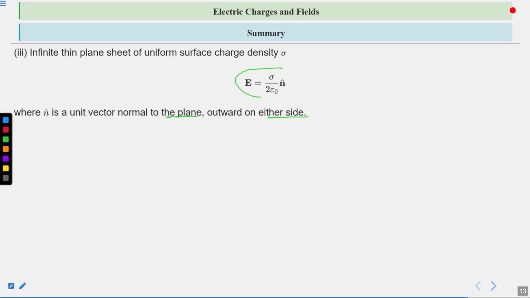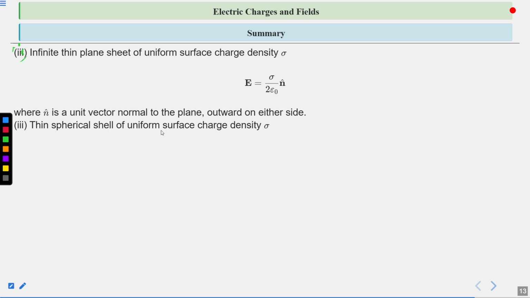So one question for you: on what factor does E depend if we talk about the infinite thin plane sheet of uniform charge density sigma? The only factor is sigma. Our third case is, this one is second, our third case is